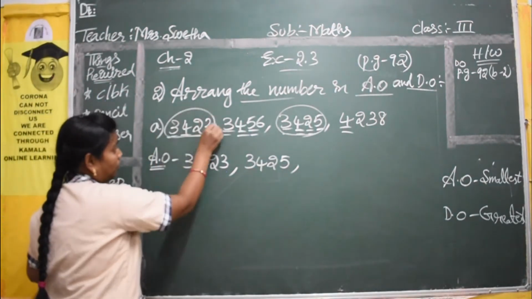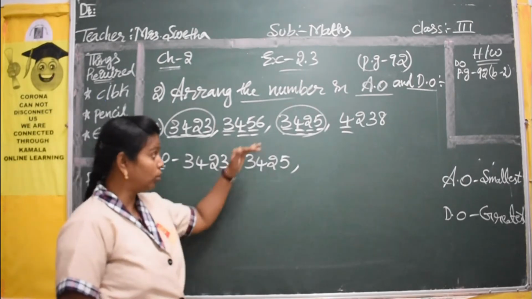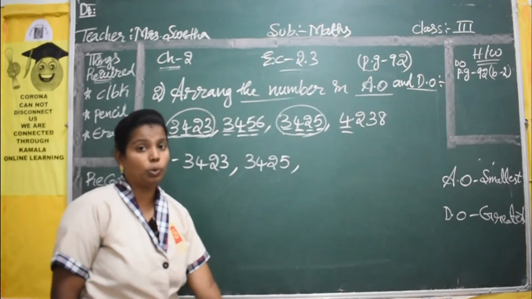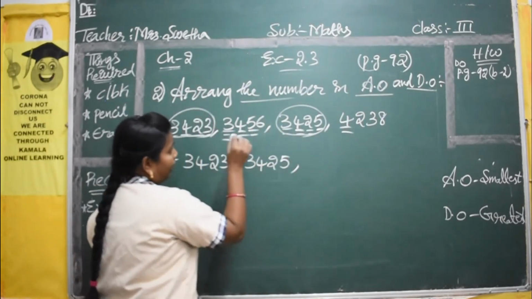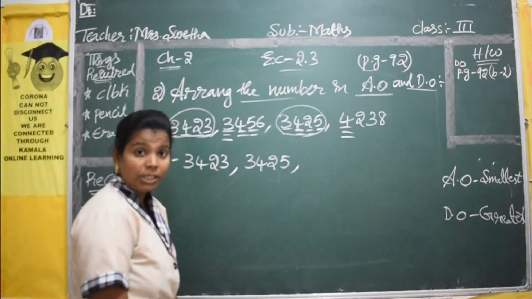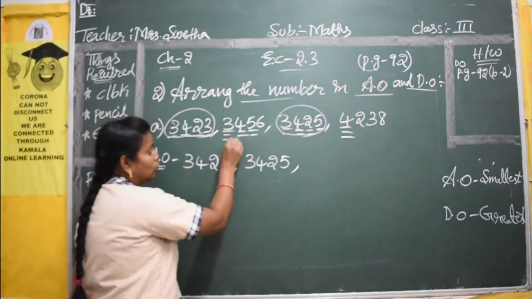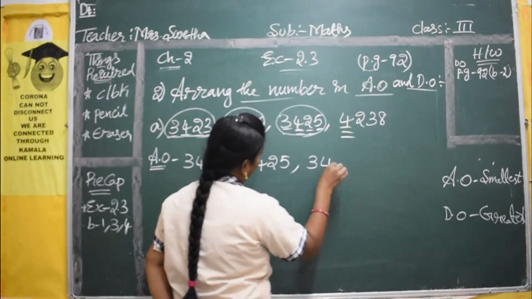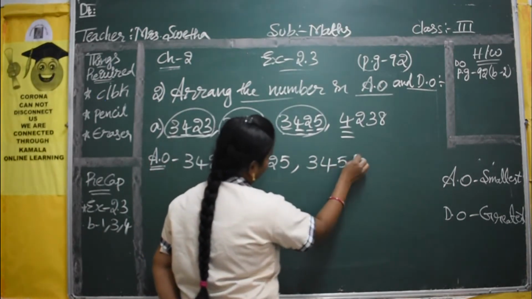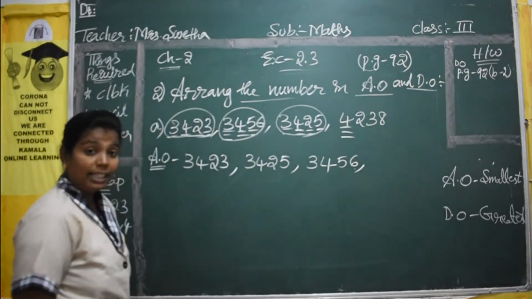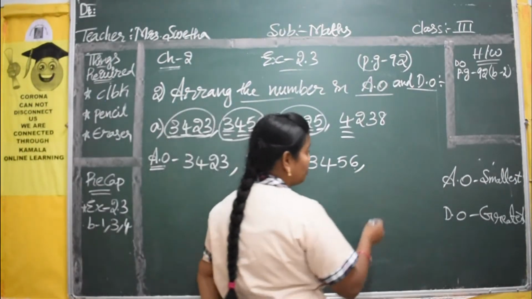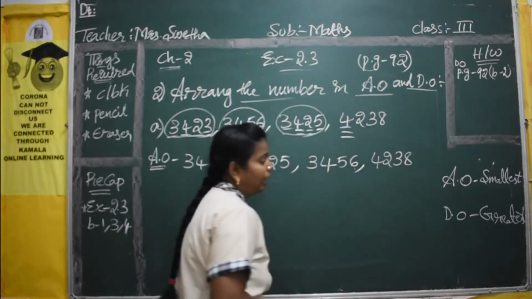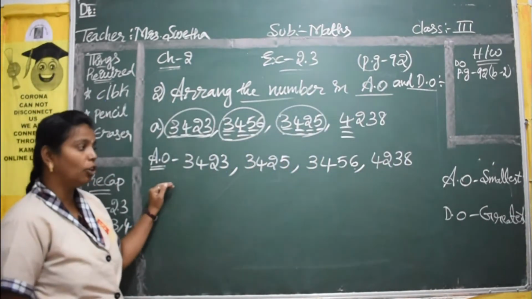So this first set will finish. The other set, the third one, you also got here in the second place. We will check the other 2 sets also. See here you have 3 and 4. So which is the smallest one? Yes, number 3. So our answer we got directly from the first place. 3456. Okay. Then 3 sets finished. So what will be the next one? The only one left out is 4238. Yes.